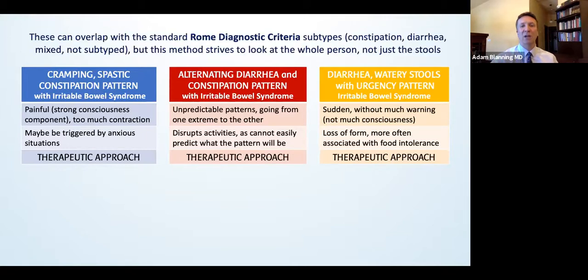If you look at the Rome diagnostic criteria subtypes for irritable bowel syndrome, they describe a constipation type, a diarrhea subtype, a mixed subtype, and then one which is not subtyped, just a general diagnosis. And if you compare them, you will see that there are slight differences between the Rome diagnostic criteria and these anthroposophic differentiations, mostly because the anthroposophic approach is trying not just to look at the stool pattern, but really at